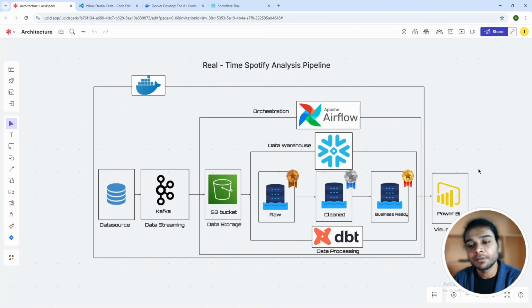Alright, let's begin with the architecture of our project. This is our data pipeline. Our data pipeline starts with the data source, which will be a simulator code written in Python that generates the data, which means we're not going to use any static CSV or Excel files, which come with predefined data stored in them. We instead are going to use a simulator code written in Python